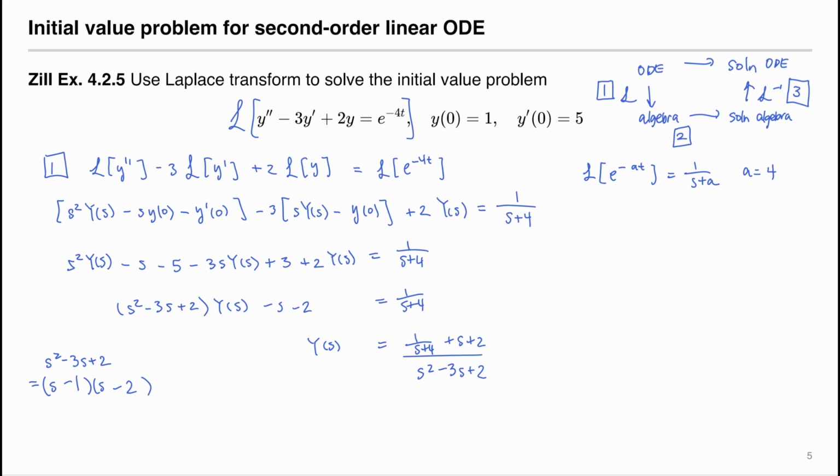And we have minus 1 and minus 2, which is minus 3. That checks out. So the first term would be 1 over (s plus 4) times the quadratic term, which we can factor out, plus the quadratic term that we can factor out,